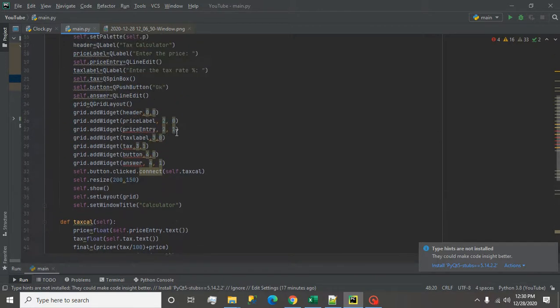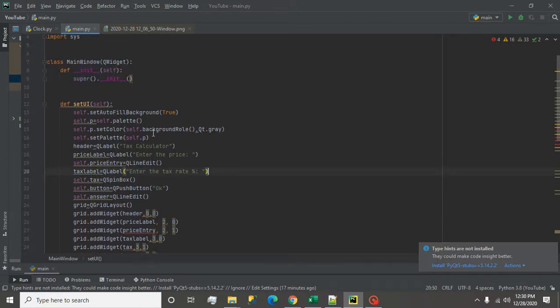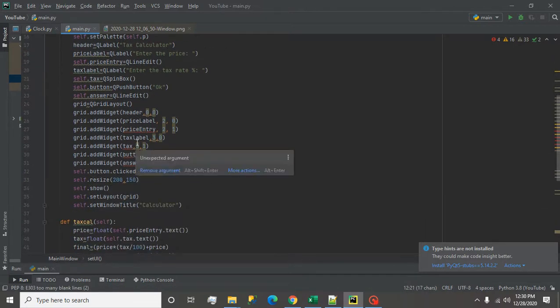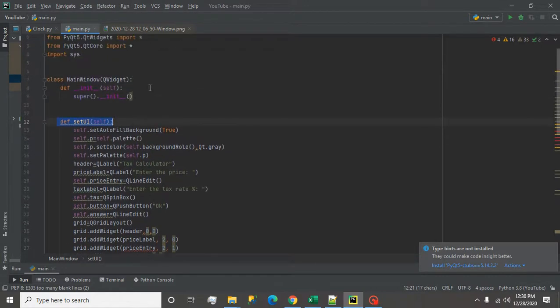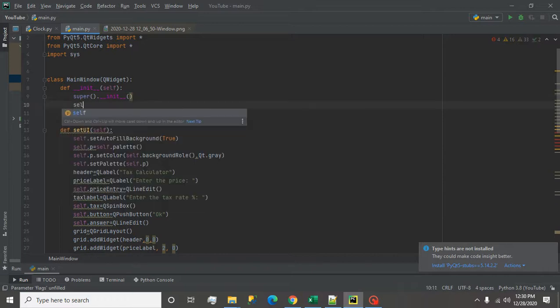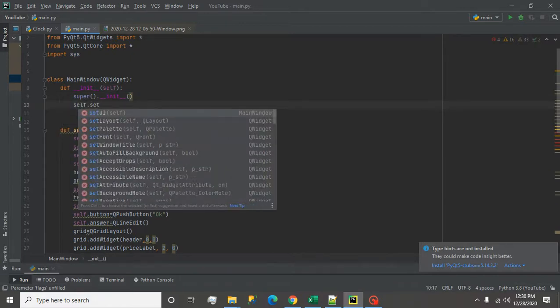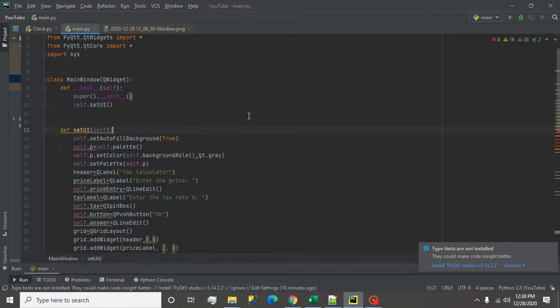One thing we are missing is that we have created this method, but we are not calling it anywhere. So we have to add it somewhere. I write here self dot set UI. Now run it.